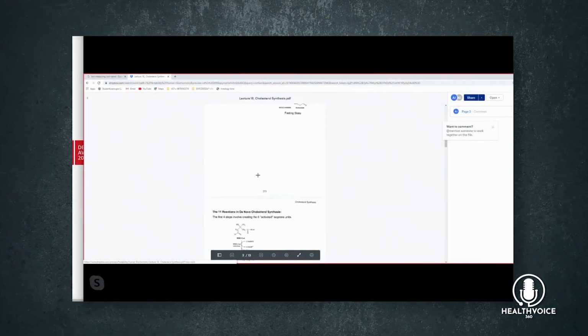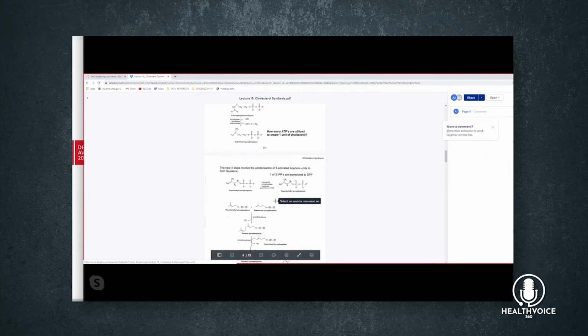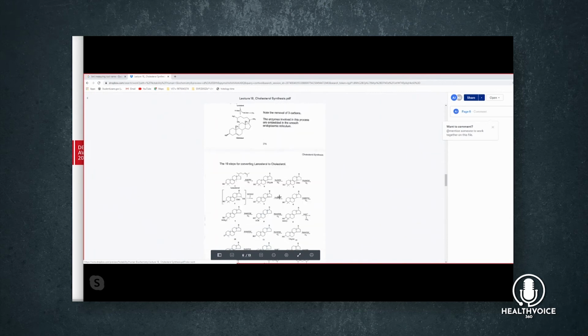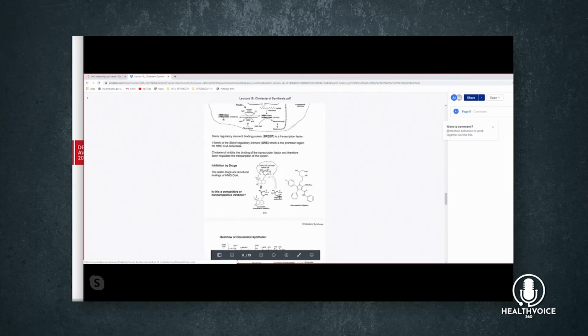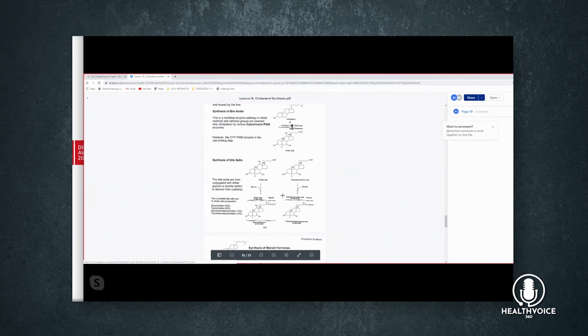Exactly. But we also have to take a look at a different thing. So let's say this person is already morbidly obese and their cholesterol is high. So they go to an MD. Their MD gives them a statin. Statins are good to an extent. So yes, they're going to decrease the level of cholesterol, but they're also going to decrease, let me see if I can find it here,